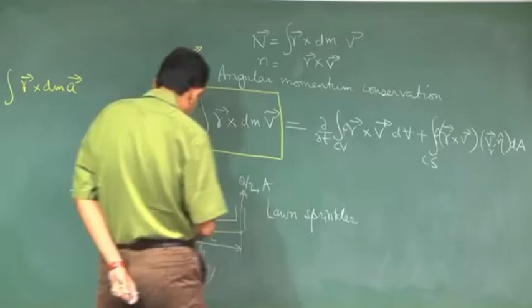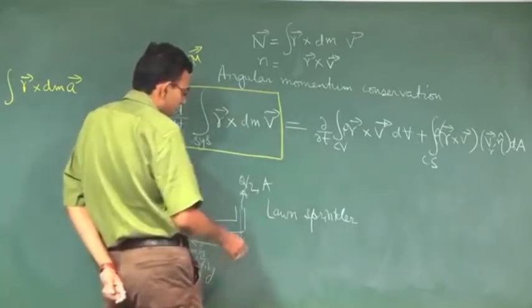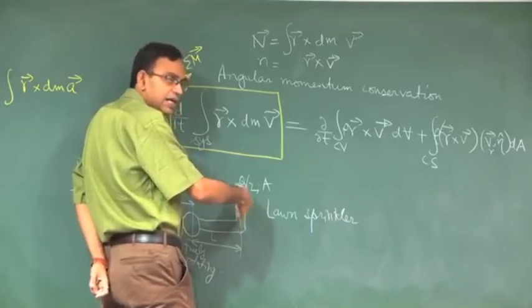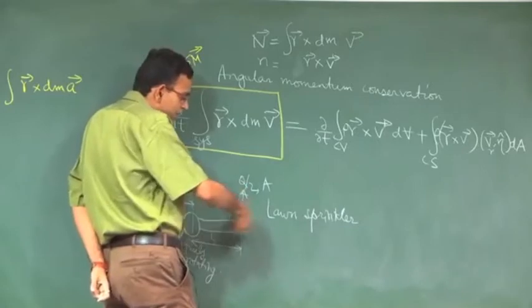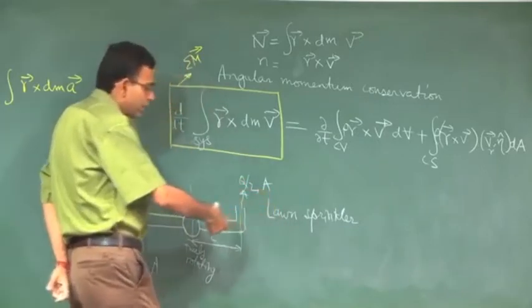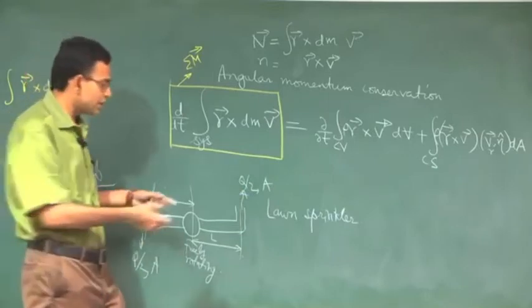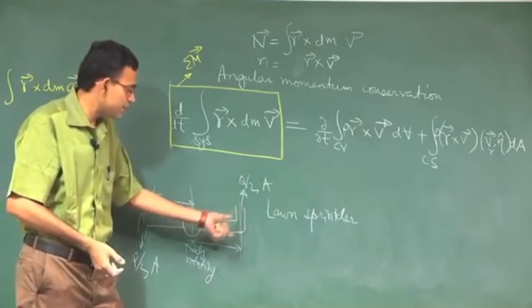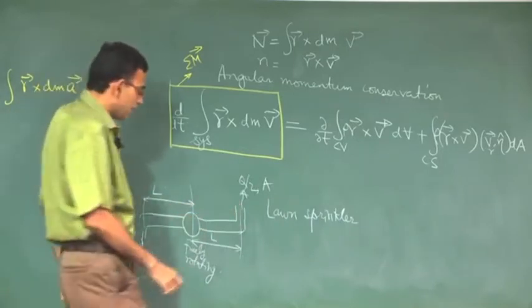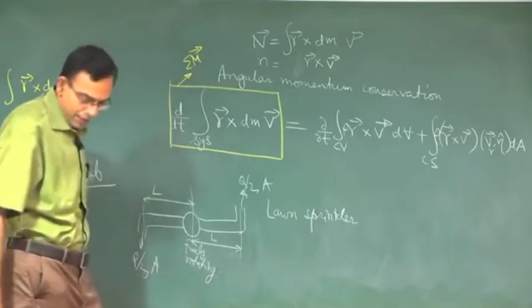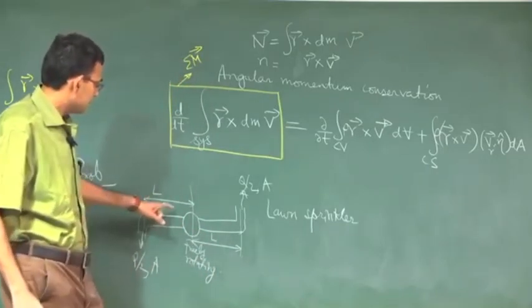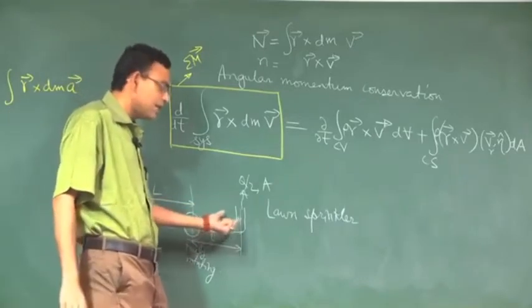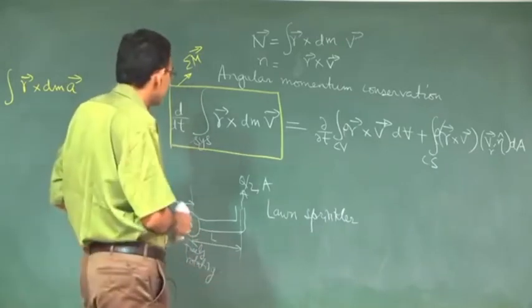The area here is A, the area here is A, and this part is very short. This is just to create a bend and change the direction of the flow, because if the water is discharged along this axis there will be no rotational effect. So to create a rotational effect only the direction is altered, but this length is much smaller as compared to this, and there is nothing special about the remaining part. You could have a large number of such arms, but we are considering these two arms just for our analysis.